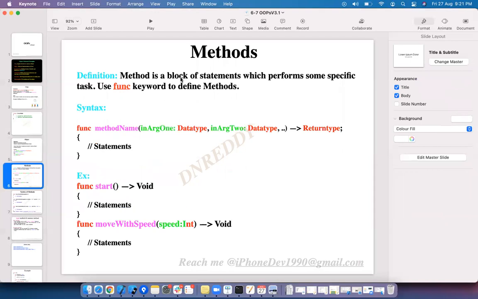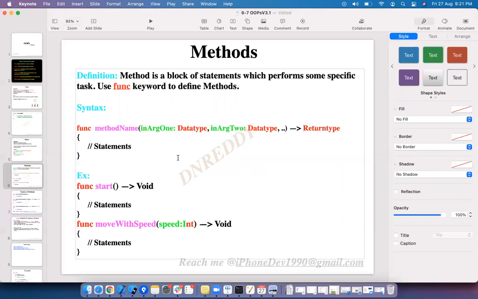Methods. Method is a block of statements which perform some specific task. Use func keyword to define methods. Func and method name, argument name, data type, argument name, data type, and so on, and return type. Example, func start, it is returning nothing, and some set of statements which perform this functionality.